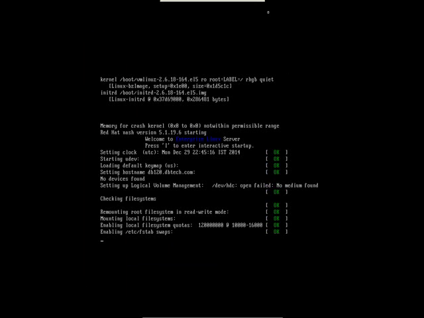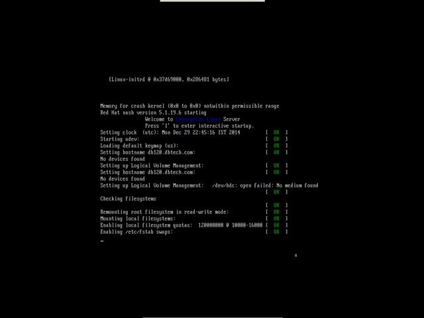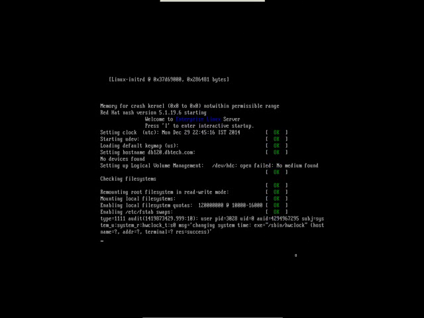Now let us see how to make it full screen. See, it is coming only in half screen, not in the full screen. I want to make it full screen. How should it come in full screen? Let us see.